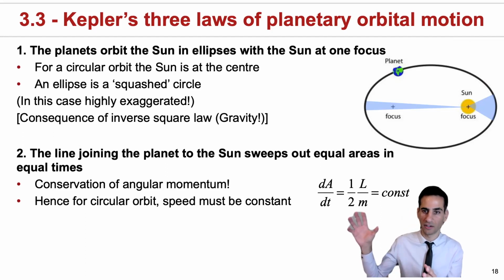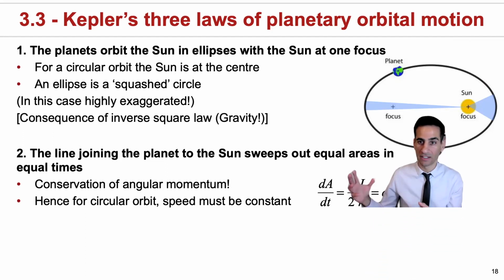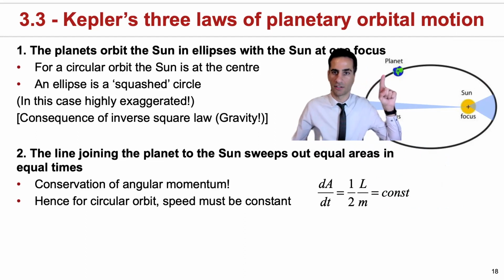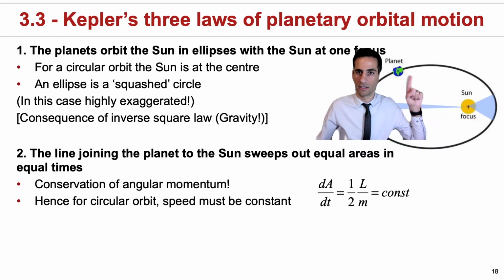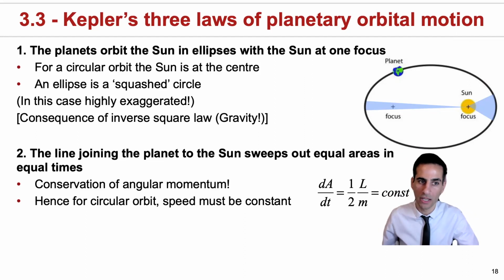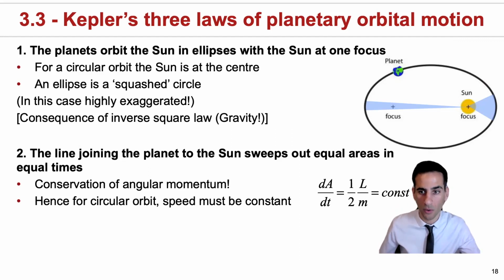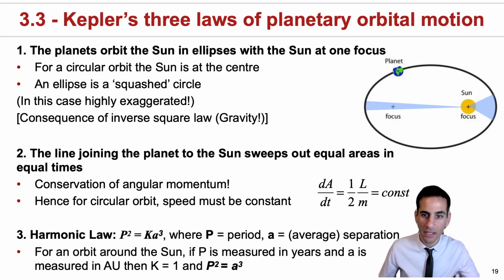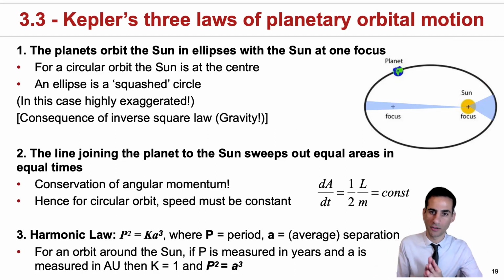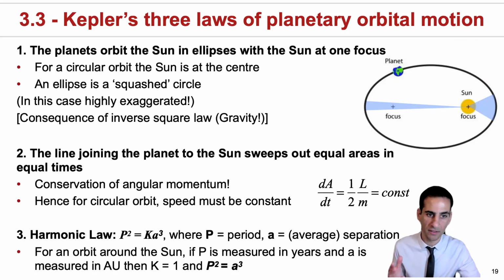So physically, you can also write it in this form, but what it tells you, really, in the original formulation of the law, is that the line joining the planet to the Sun is sweeping equal areas in equal times. The other thing you can obviously conclude is that if the speed is constant, then you must have a circular orbit. And finally, perhaps the law that you're going to use more in a quantitative way is Kepler's third law,